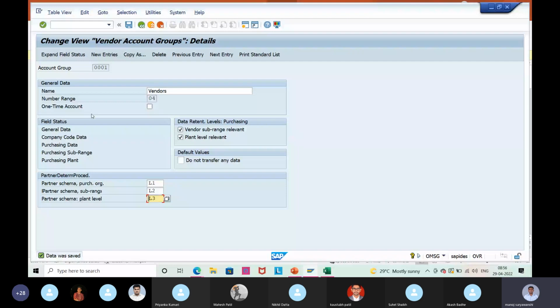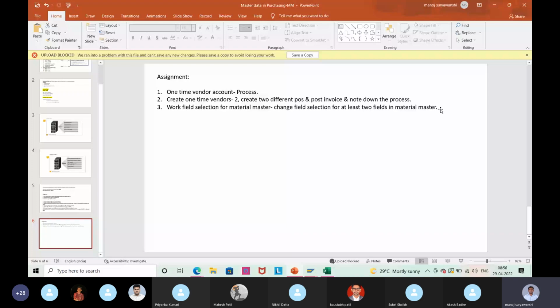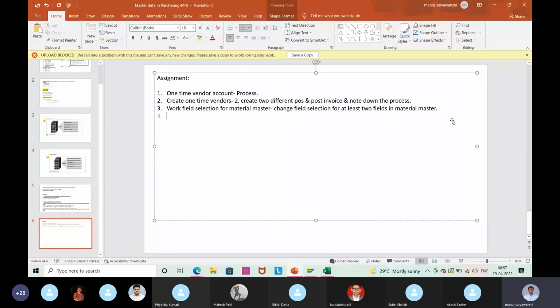ठीक है। सो असाइनमेंट फॉर टुडे, एक हो गया वन टाइम वेंडर अकाउंट का, ठीक है। नाउ कल आप लोगों ने मटेरियल टाइप क्रिएट किए हैं? यस सर। ठीक है। नाउ वन मोर असाइनमेंट ऑन मटेरियल टाइप, क्रिएट मटेरियल टाइप। आप उसको जो भी नाम देना है दे दो, ठीक है। क्रिएट मटेरियल यूजिंग दैट मटेरियल टाइप, and it should be a stock material. The requirement is it should be a stock material. वो मटेरियल स्टॉक का होना चाहिए। तो आपने जब पीओ किया तो आप आइटम कैटेगरी स्टैंडर्ड के साथ उसका पीओ बनाना चाहिए, ठीक है। इट शुड नॉट गिव यू एनी एरर दैट अकाउंट असाइनमेंट इज मैंडेटरी इन द पीओ, ठीक है। अंडरस्टूड द रिक्वायरमेंट? यस सर।